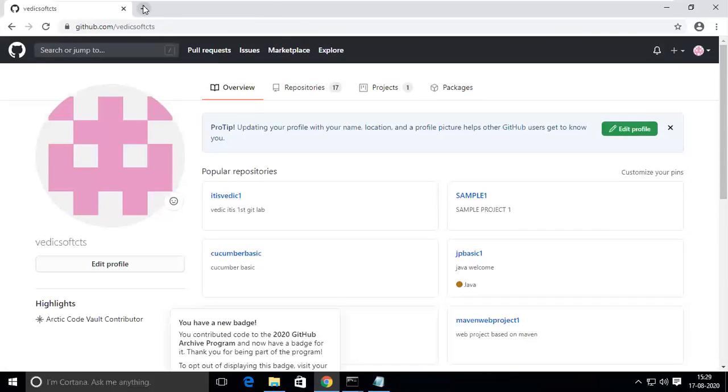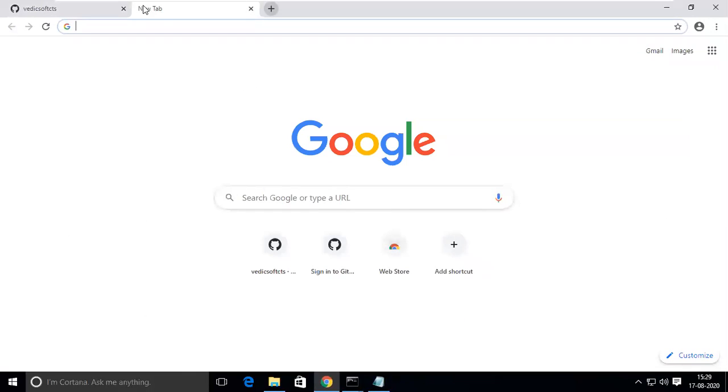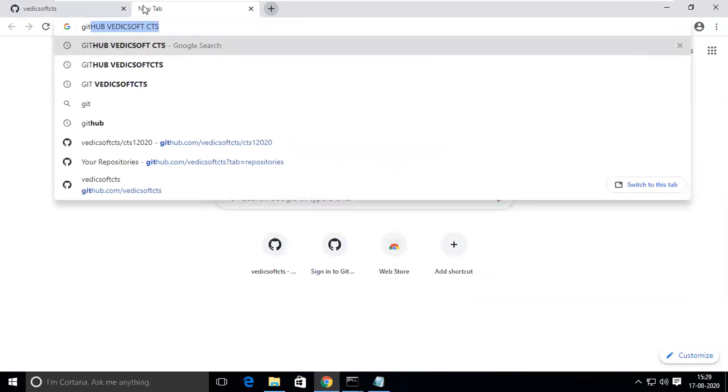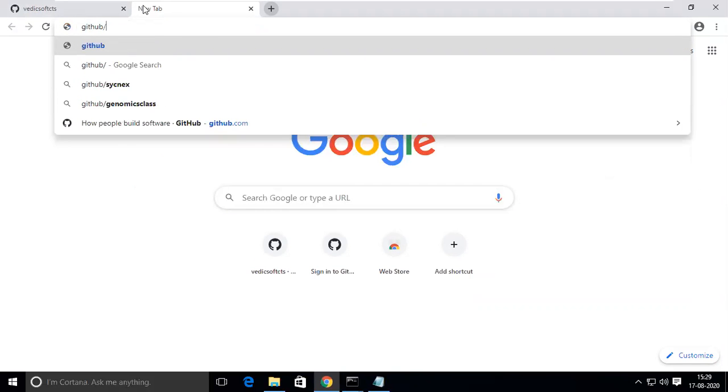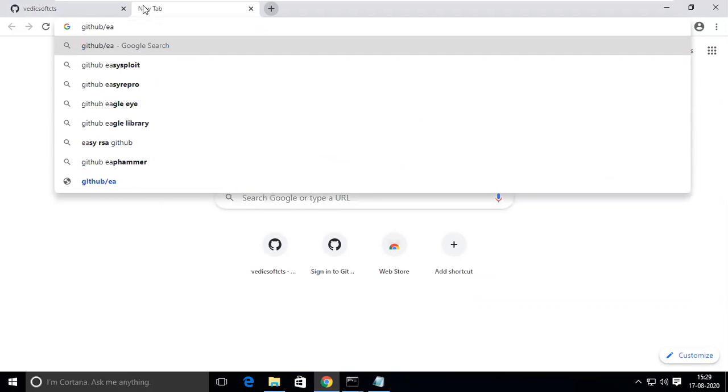Already I showed Karthik KK, right? That is Execute Automation. You can go to anybody's other public repositories also. So I will go to EA, Execute Automation.